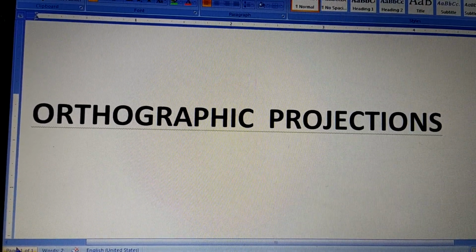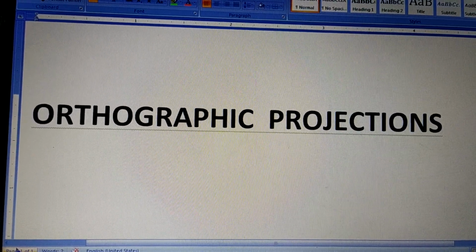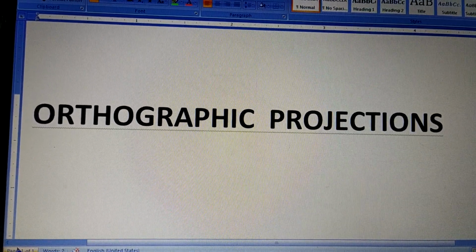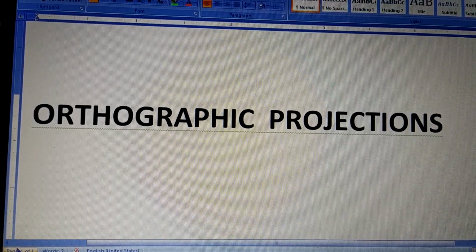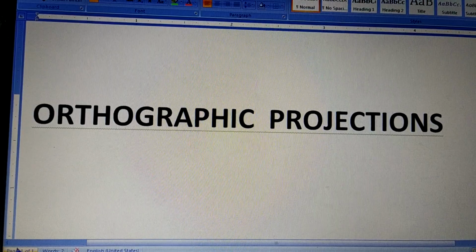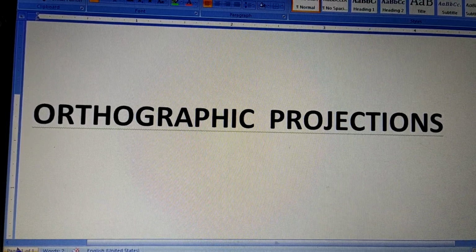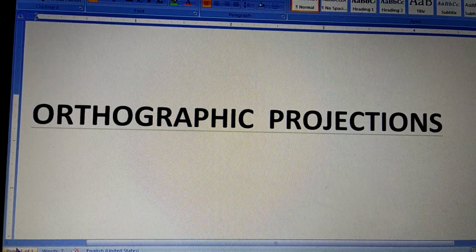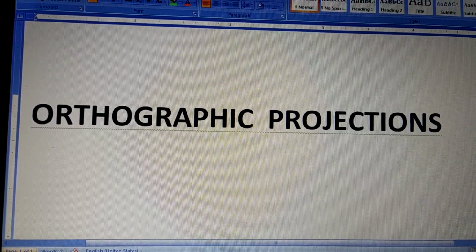Today we will see some objects where the dimensions are given, and with the help of dimensions it will be possible for you to draw the figures as per the required views. Like in the front view, what could be the size, in the top view, what could be the size, dimensions, etc. That will happen today. So we begin the session with similar problems but of slightly complex type.